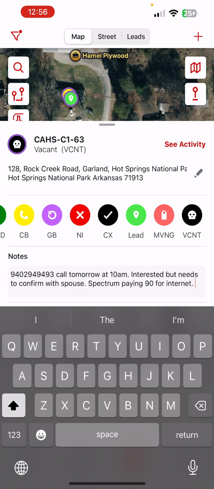The important part with tracking this is, it helps us a lot. A lot of the companies that we work with, they want the data. They want us to be able to tell them, here's how many doors we knocked, here's what the status was of sales reps, here's our close rate, things like that. So if you can just be pretty consistent with marking these,